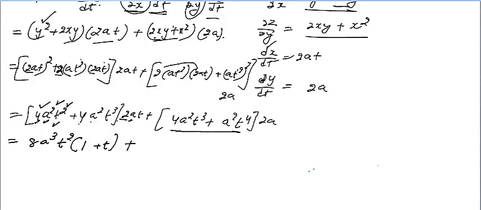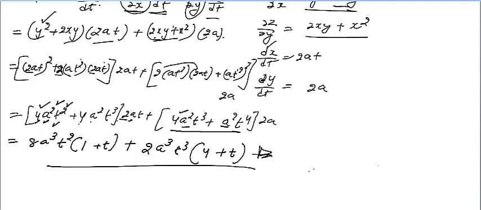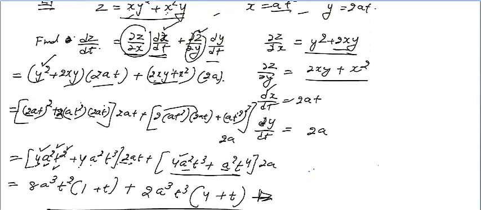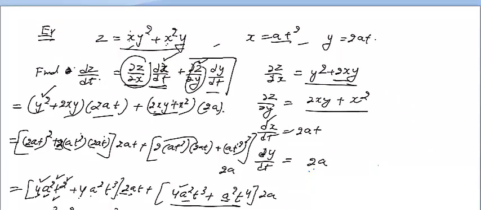So this we have 4, no 4 is common, you have only 2, it's outside. a square is common, you have a cube, you have a t cube common. So here you have a 4 plus t. So this will be the answer. The solution here is only the algebra. The main point of discussion is this formula. So how you are using this formula, this is the only thing.